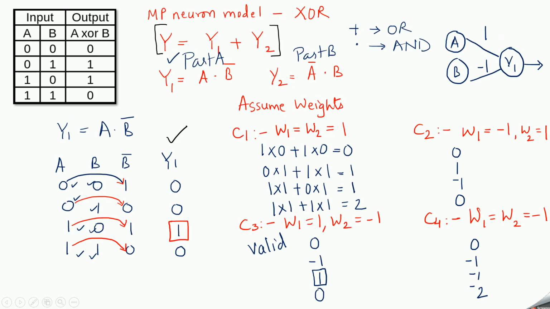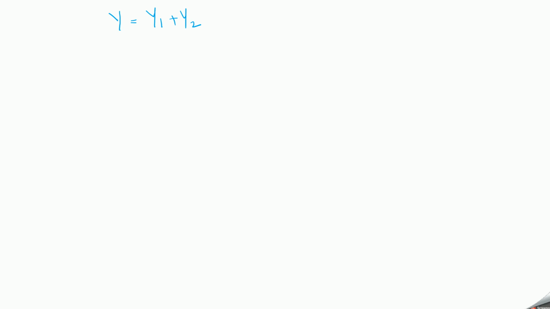So we consider over here y is equal to y1 plus y2. So what is y1 plus y2? We shall consider y1 and y2. So y1 values is nothing but your 0, 0, 1, 0. This is y1 and y2 is 0, 1, 0, 0.